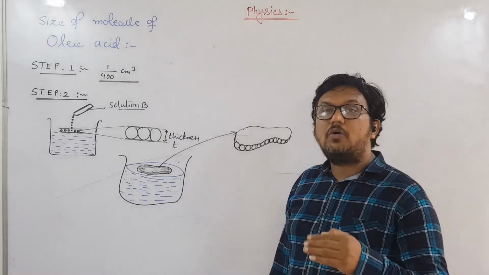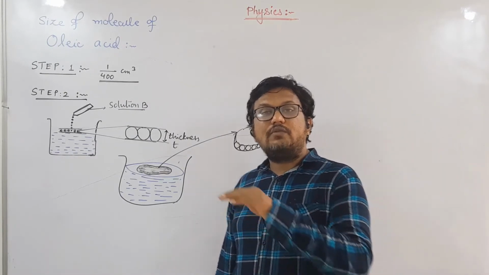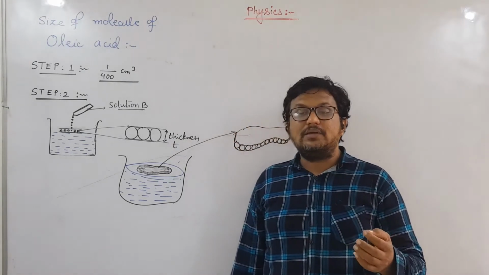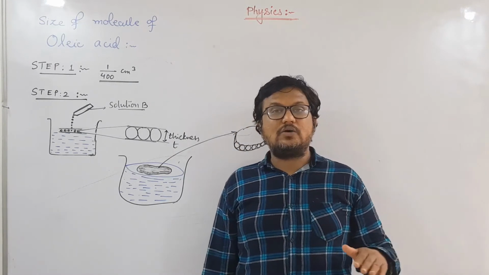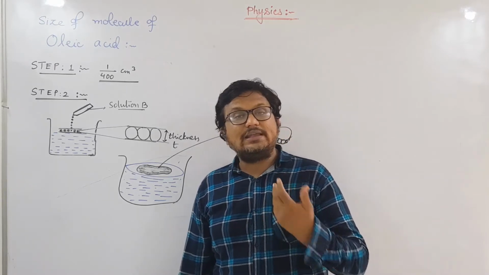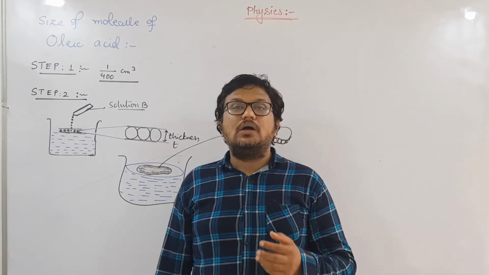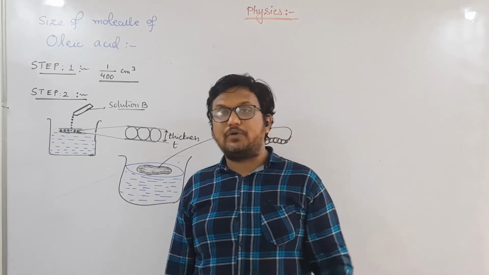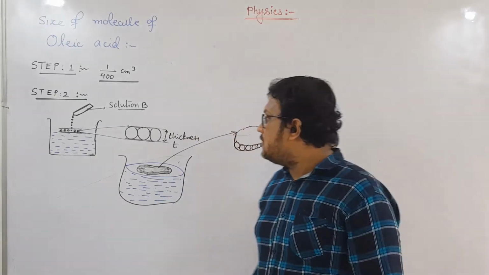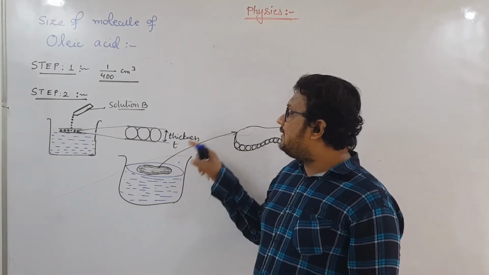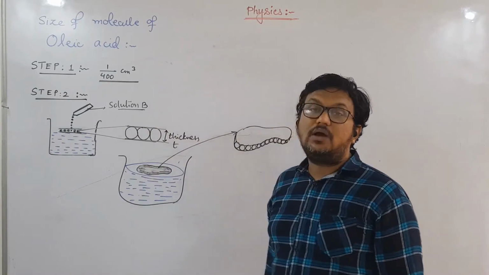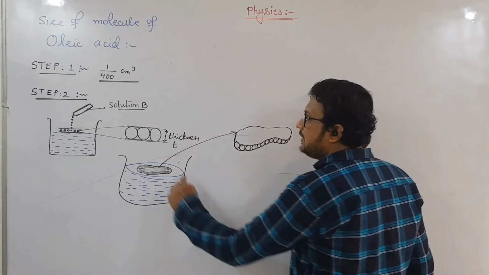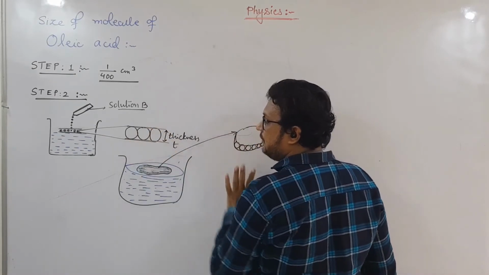Since the density of alcohol is much less than that of water, it will form a thin layer on the surface of water. After some time, as the layer settles down, you will find that the alcohol gets evaporated, because alcohol evaporates when it comes in contact with air, and that's why we have selected alcohol. So we get a layer of oleic acid only, a dilute layer of oleic acid, which is our monolayer. The thickness of this layer will be the size of the molecule.